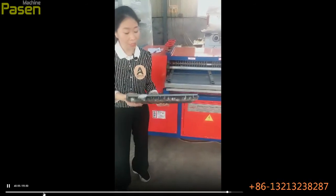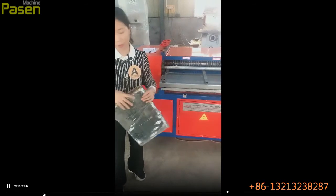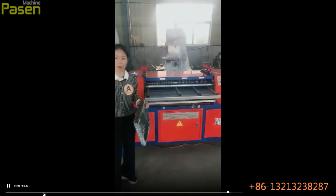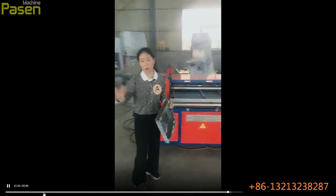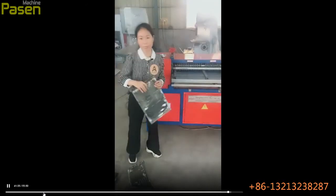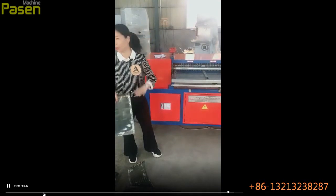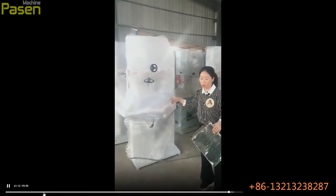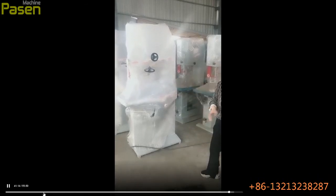Also, the radiators are very big, and there are single layer, double layer, three layers or more. We need to process them first. We will use this bandsaw, please see, to cut it to suitable widths,